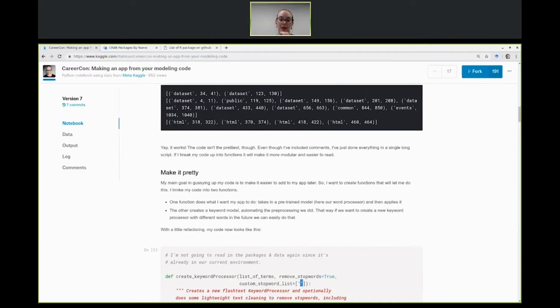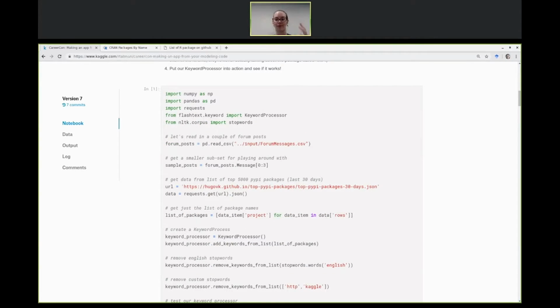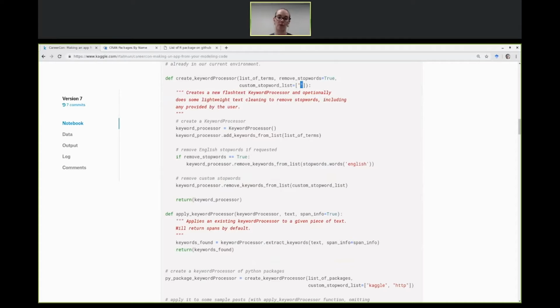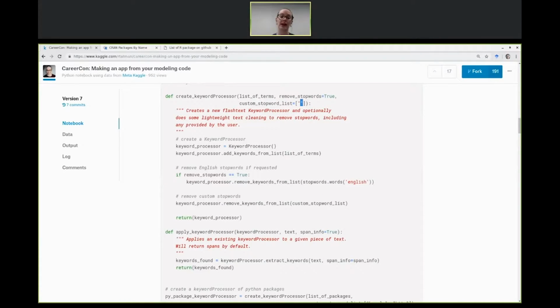So I have taken my flat code that was just like blah, blah, blah, and I've given it a little bit more structure. So if someone was coming in and looking at this code for the first time, they'd be like, oh, you create a processor and then you apply